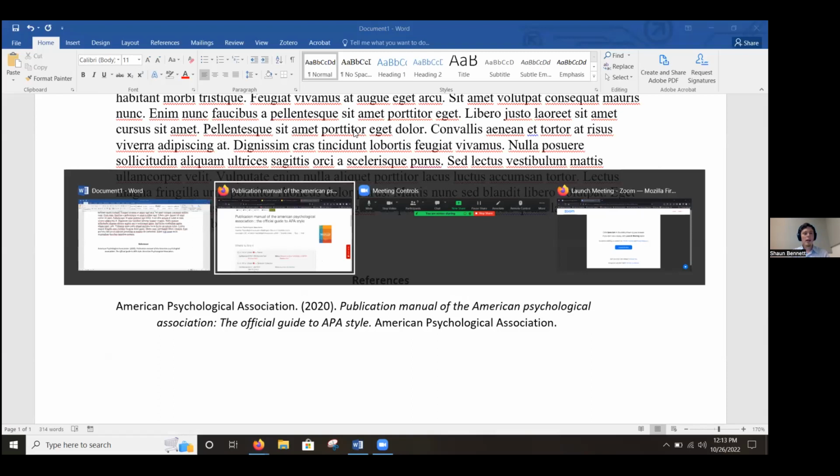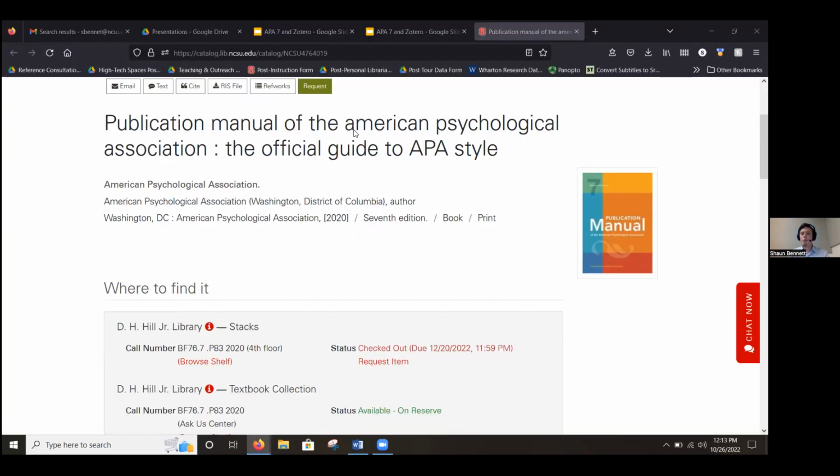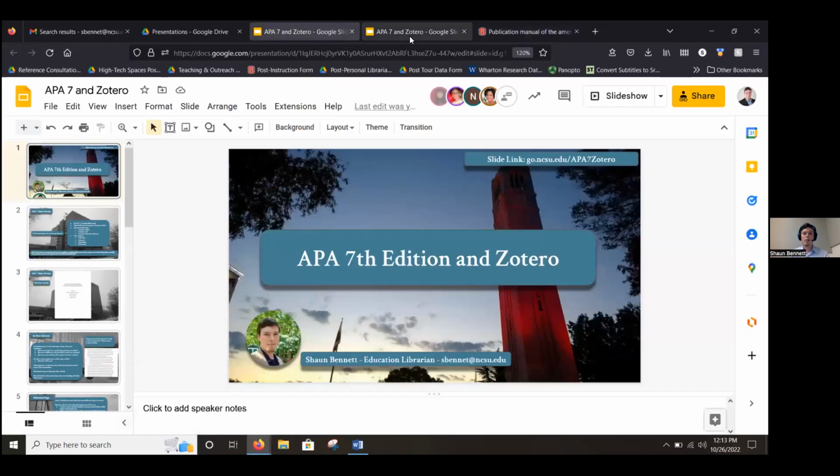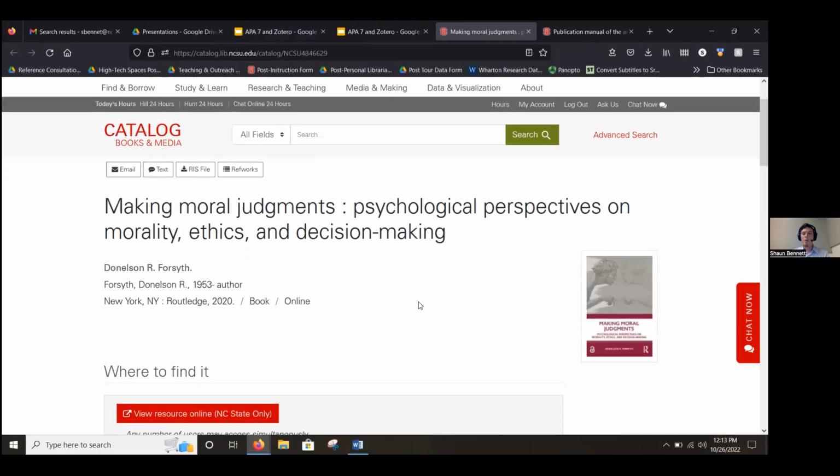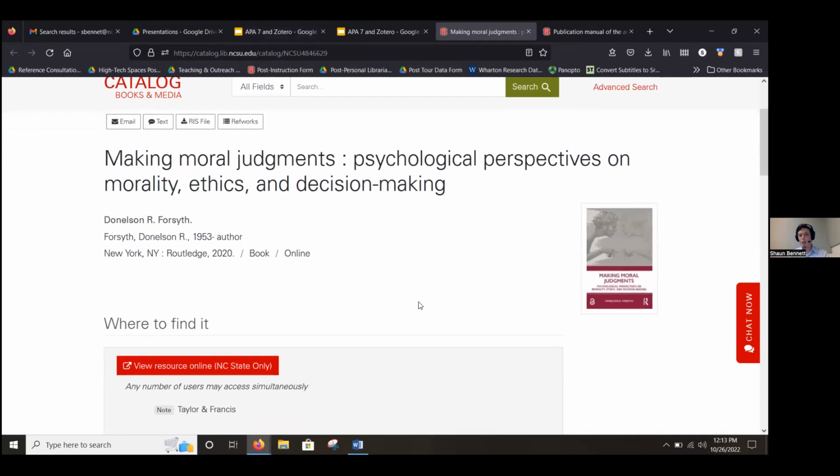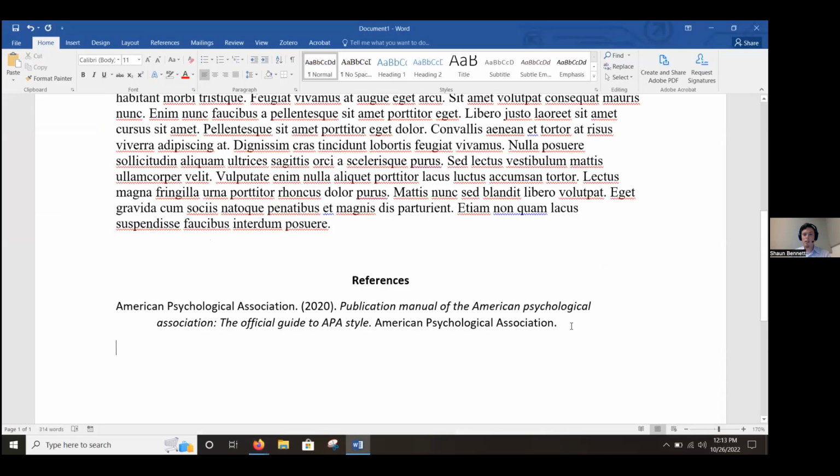Now let's go back to our slides here for a moment, and we'll open to the same thing for an ebook. An ebook is going to have the same formatting. It's just going to have a DOI at the end. So in this case, we would say something like,